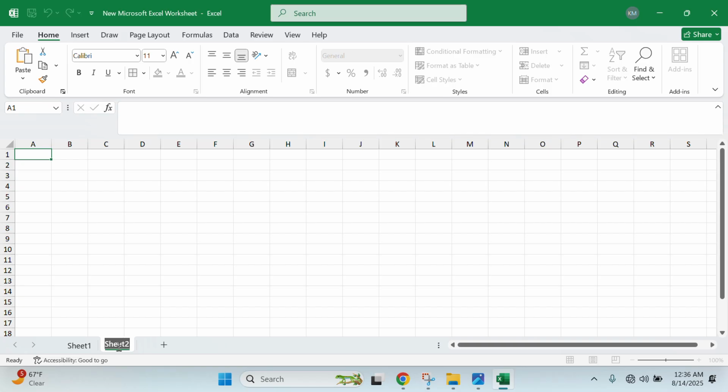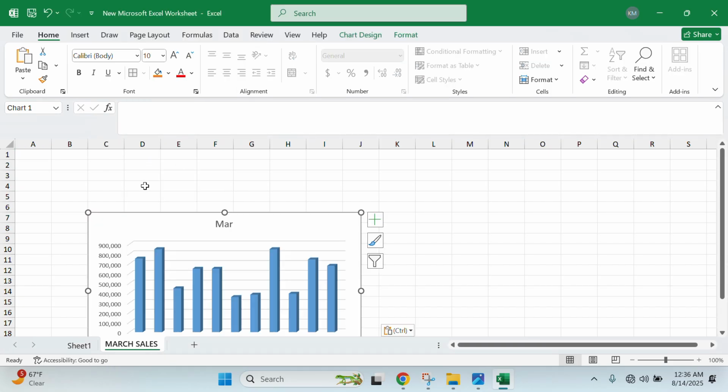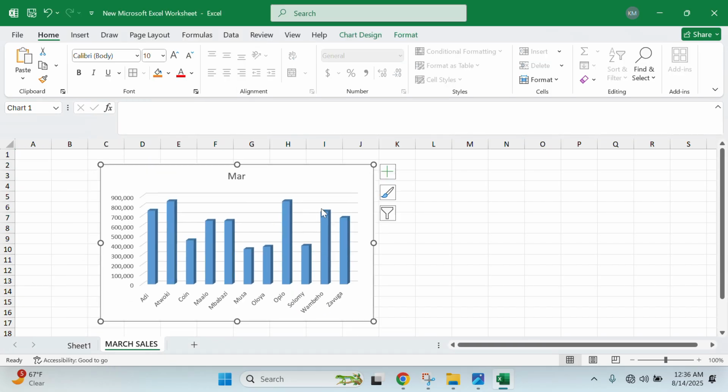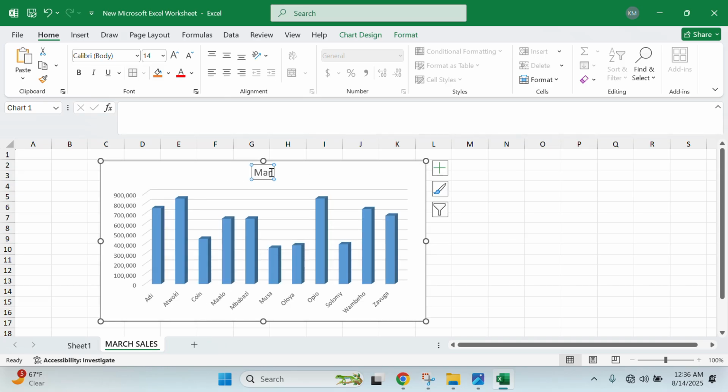Yeah, I can remove this sheet, match sales, and then I right click and paste my chart there. So this is my chart and I want to just label it appropriately. I want to put an appropriate title. The title could be a chart showing vendors name